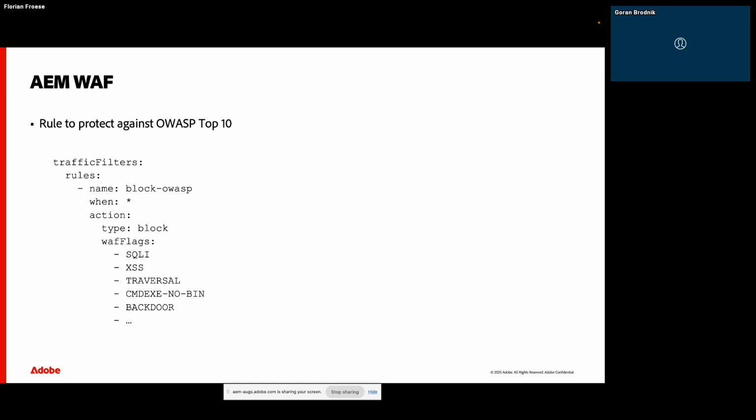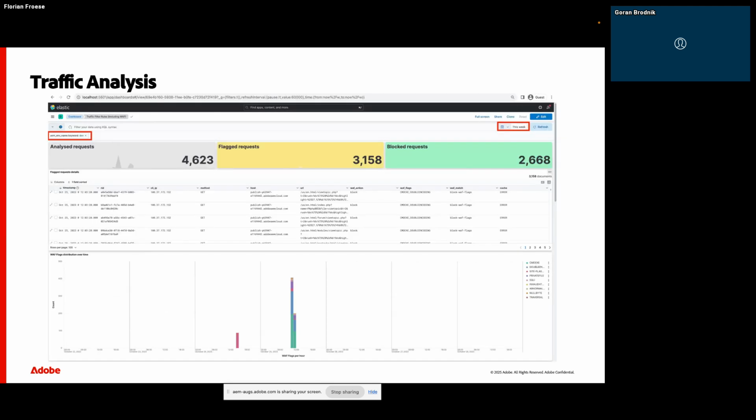So now that you know about the tools to best protect your website, you might wonder, how can I know that I'm even getting attacked? For that, Adobe provides tools in several variants that you can use in order to analyze your CDN traffic. The first variant is an Elasticsearch Kibana stack that you can install locally on your laptop. You can download your CDN logs from Cloud Manager, ingest them, and then you will have access to the following